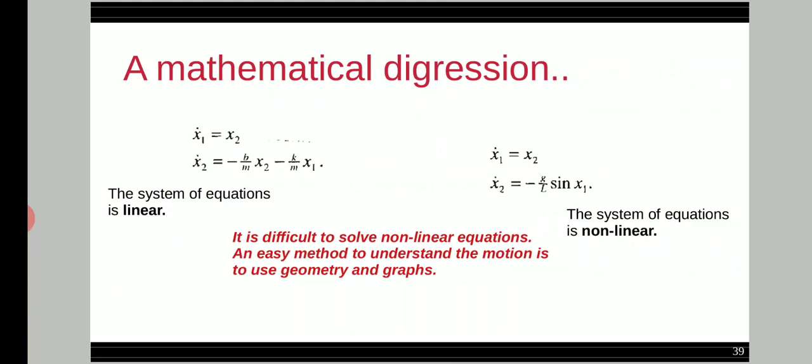Now the linear system of equations is comparatively easier to solve and non-linear system of equations is relatively difficult to solve, but there is an easy method to understand the motion in either case, and that easy method is to use geometry and graphs. For example,